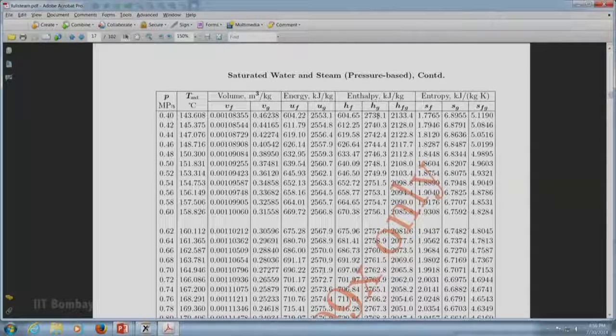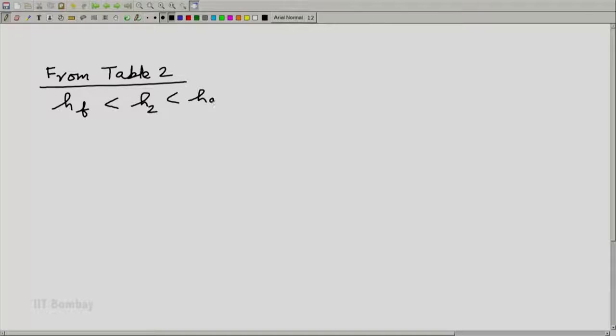The state 1 was subcooled liquid, and because it has been given some Q value, some heat energy, it has become now wet steam. It is some vapor plus some liquid, liquid plus vapor together, alright. So let us come back to the solution. So from table 2, we understand that HF is less than H2 is less than Hg at 4 bar, and therefore we say that state 2 is wet steam,